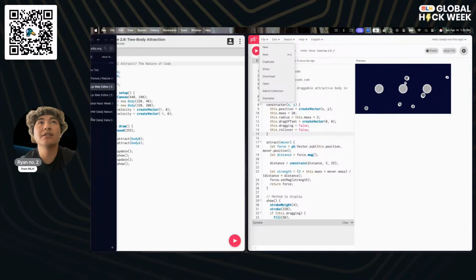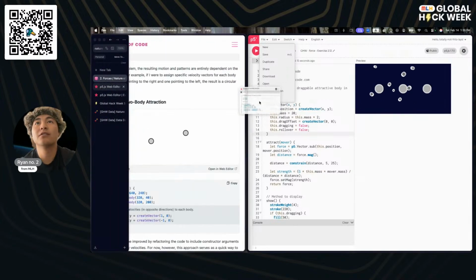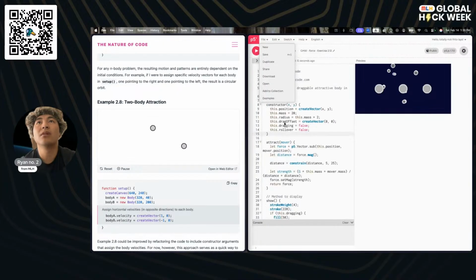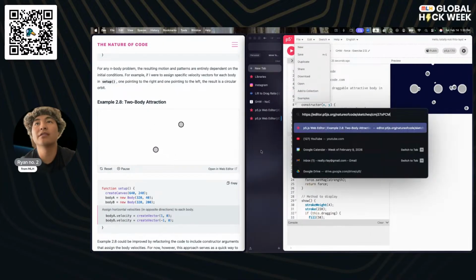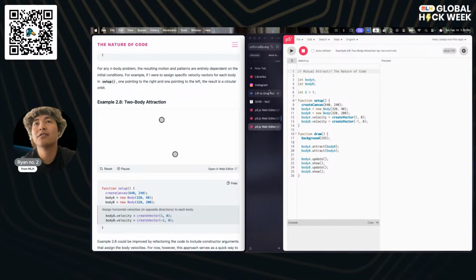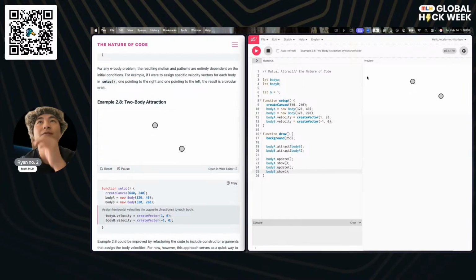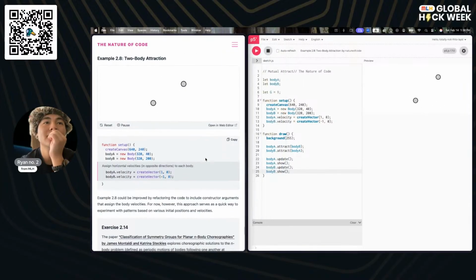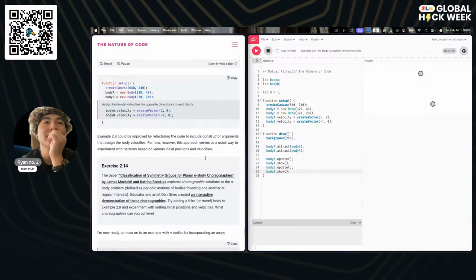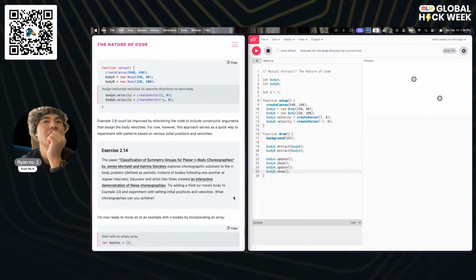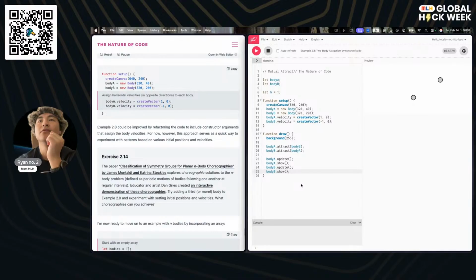Let's open this up and see if we can understand what's going on over here. My browser tab management is going nuts in a bad way. That's okay, we figured it out. Okay. So now we've got that going on. And we've got a choreographic solution. That sounds really cool.